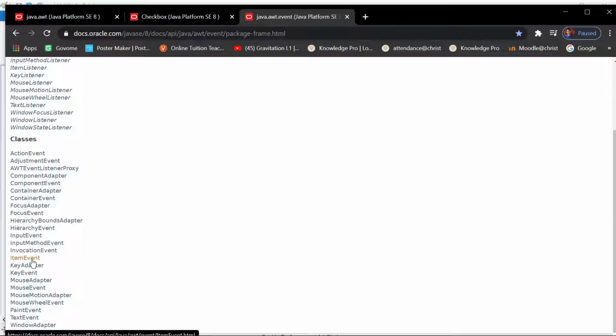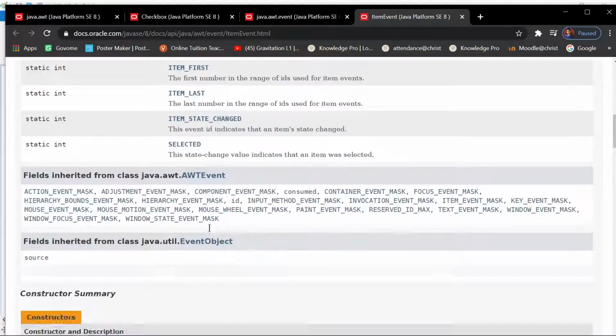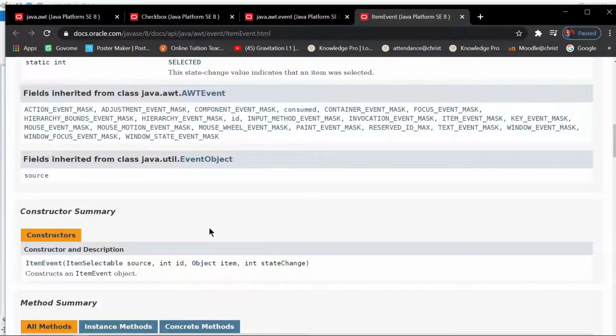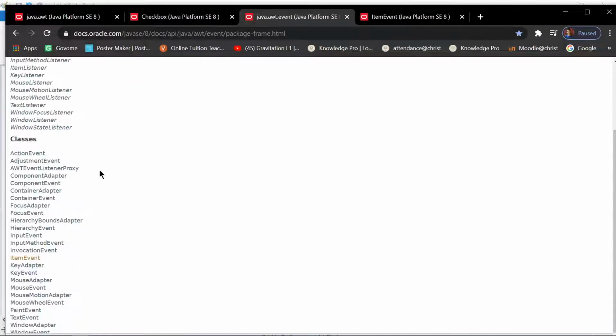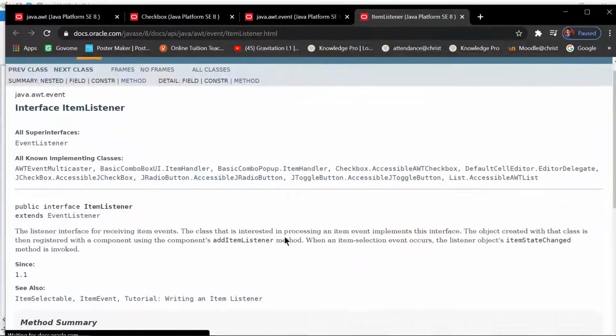Item event is a class, and in the item event, not item event, it is item listener. Okay, it is an interface. So item listener is an interface. In that we have a method.